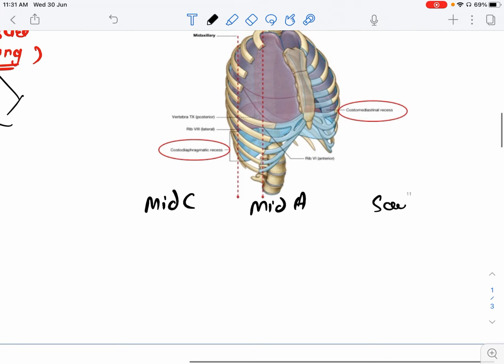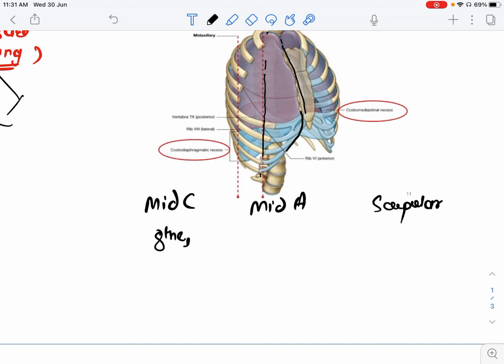the scapular line. So as far as the pleura goes, it covers the lung anteriorly, then it descends along the midline. I'm talking about the right side. Then it goes laterally. And now laterally, at the level of the mid-clavicular line, it lies roughly at the level of the 8th rib.